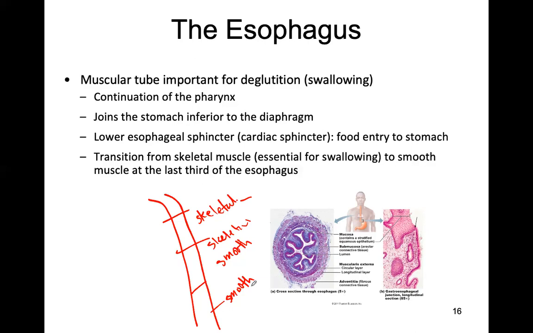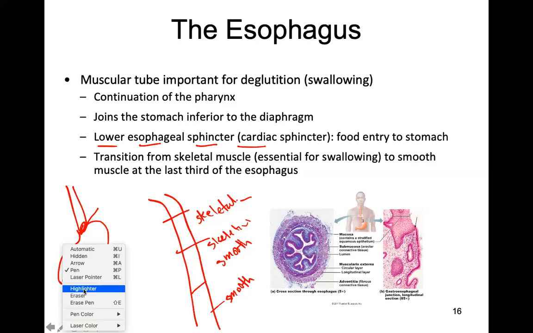When your esophagus is connecting to your stomach, so if here is my esophagus, here is my stomach, at the point where these come into contact with each other, you have a sphincter, which is a circular muscle at the opening of the stomach, called the lower esophageal sphincter, also called the cardiac sphincter. Because if you think about this logically in terms of position,